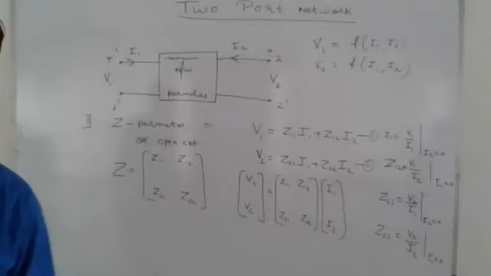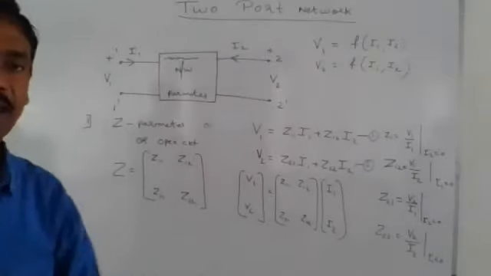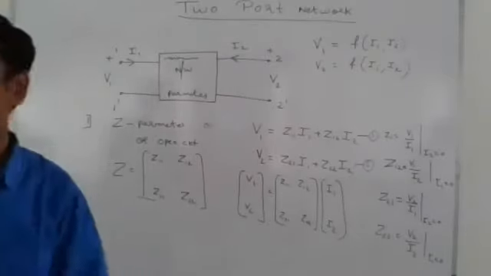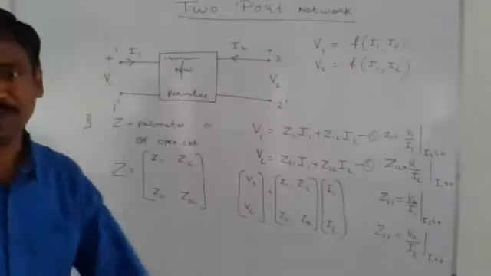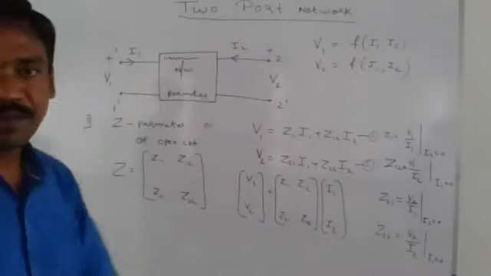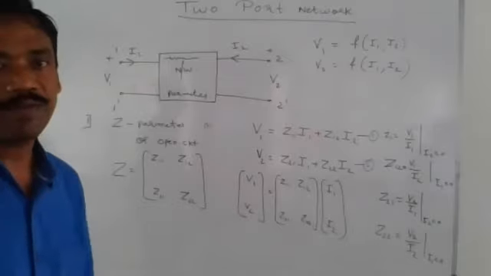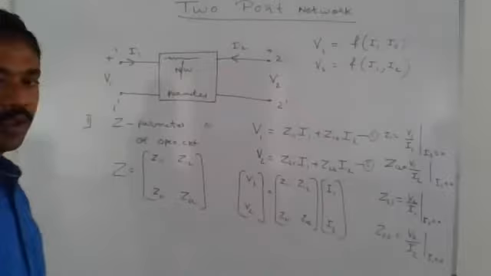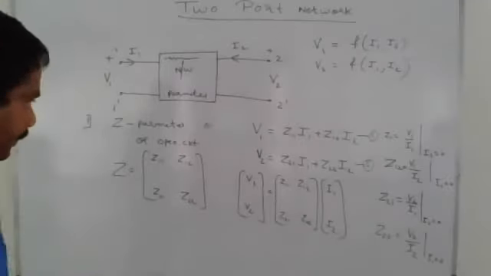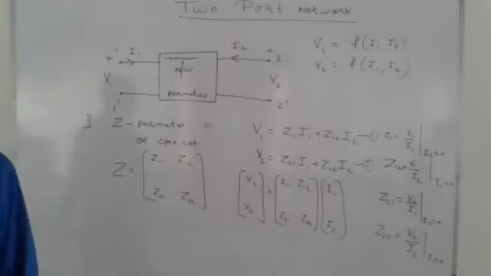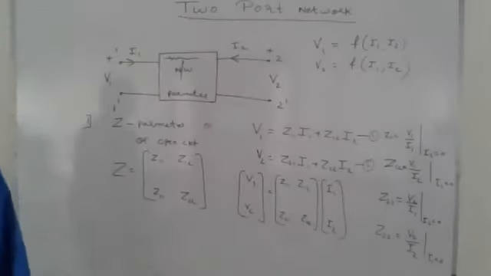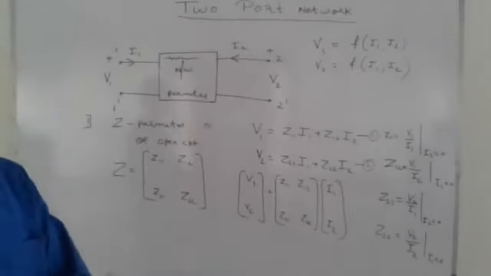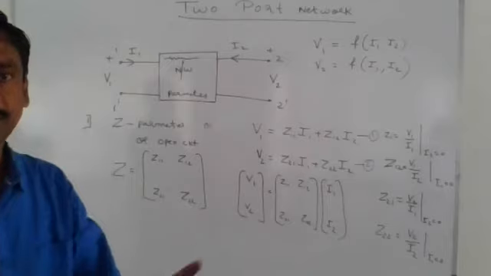This is the method of finding the Z parameters of a two-port network. In the lab also we will perform this experiment. In the lab we will connect 3 resistances and try to find the Z parameters of this two-port network. Okay? To understand or to find these Z parameters, the simple method is just to solve one numerical.